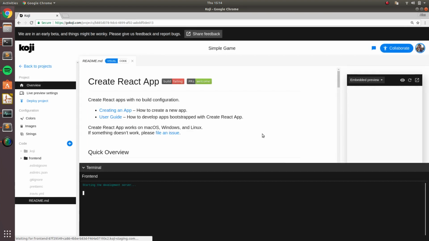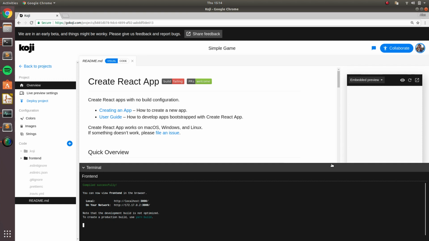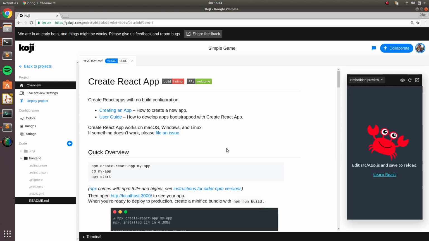All right, and here is our app, and it's going to start up the server for us, and then we should be able to see it in the preview in just a second. If we refresh this, there we are, and this is our basic starting point. So to begin, let's get rid of all of our starting code and start to replace it with our own